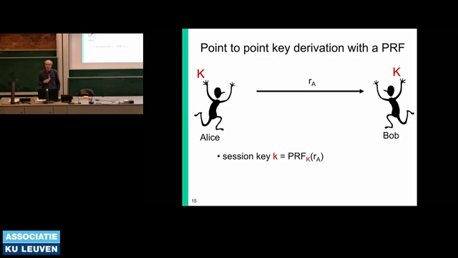Key control. Who controls the value of the key? That's easy. That's Alice, because Alice chooses RA. So Alice has key control. Bob has no key control, because the random number is chosen by Alice. And also Alice knows the key is fresh, but Bob doesn't know. So in fact, this is a protocol used by 2G, 3G, 4G, 5G. Well, from 3G on there is extra protection. And even in 2G, as I said, Bob answers with the MAC. But so more or less,